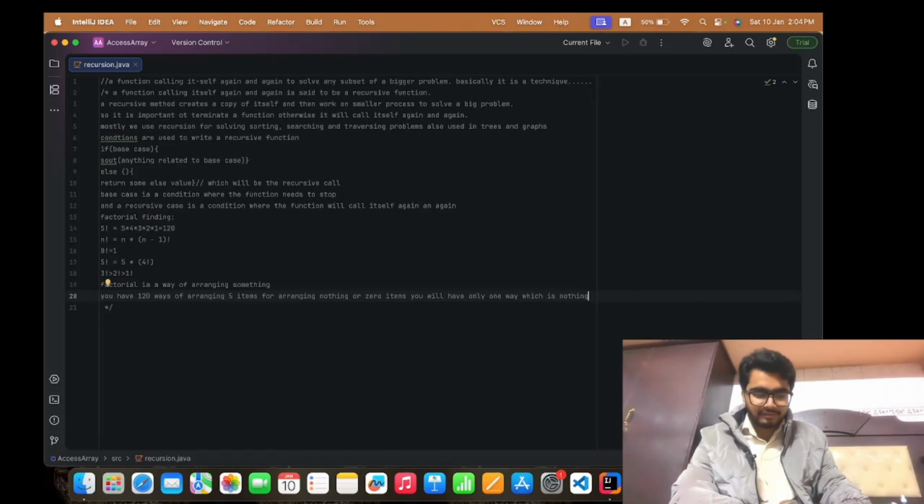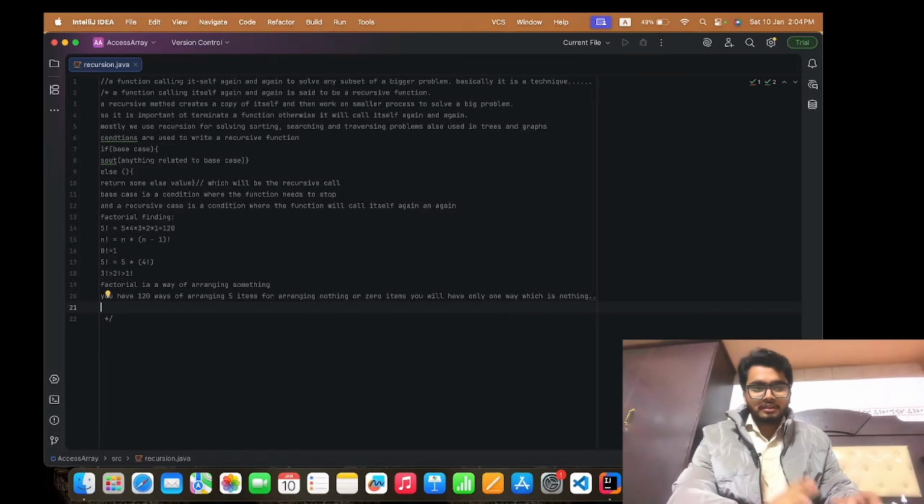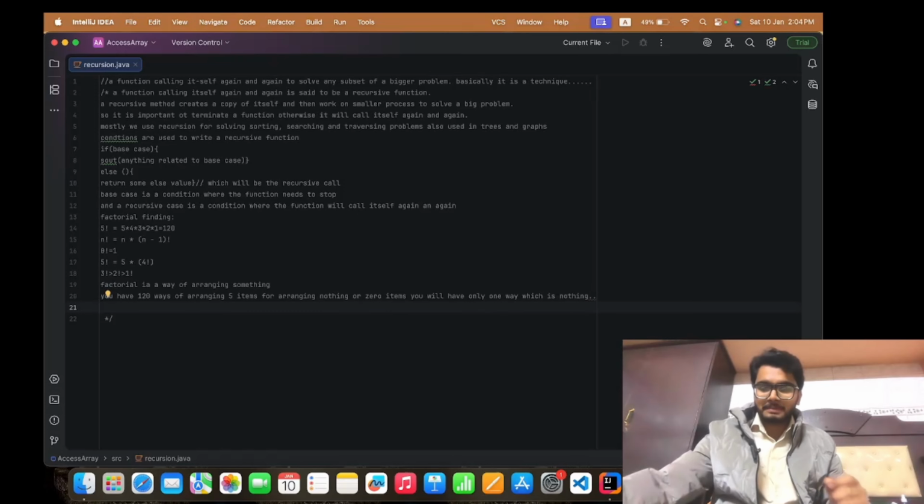Actually, this is a very fun kind of concept. So this is how the factorial of 0 equals 1. That was simple mathematics.